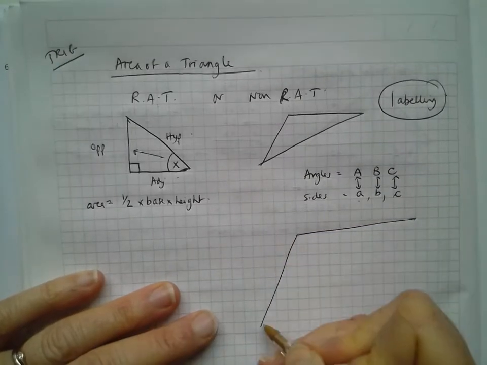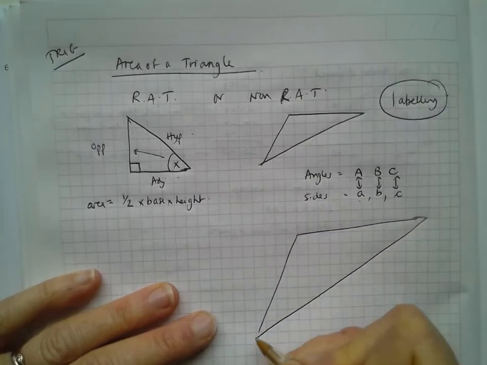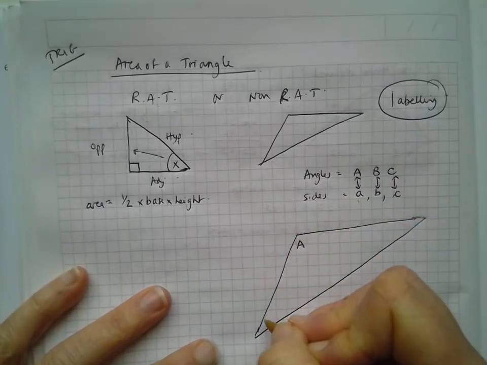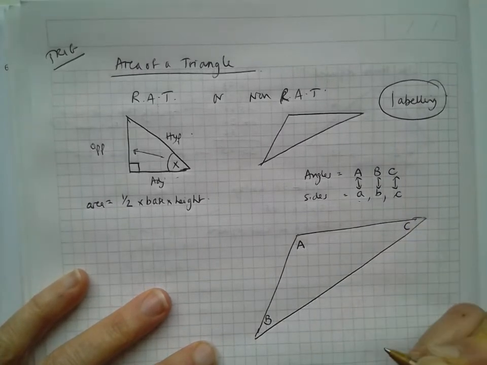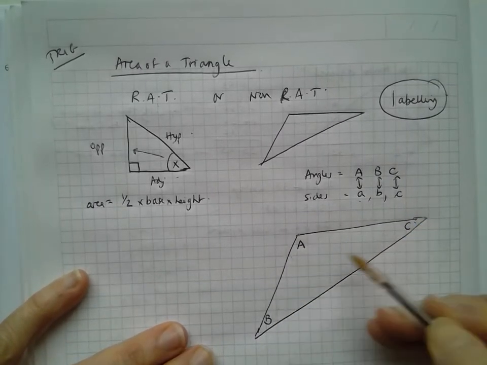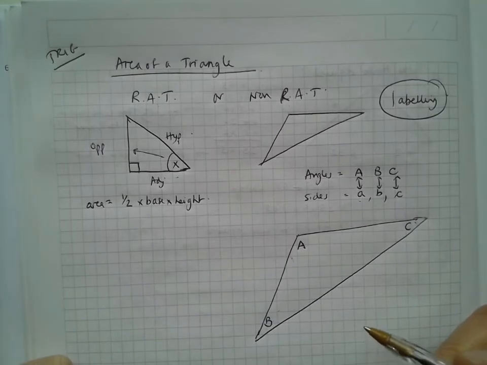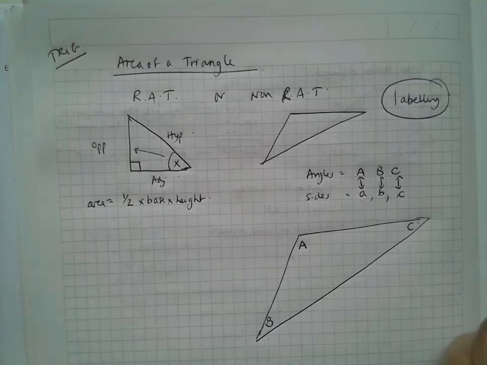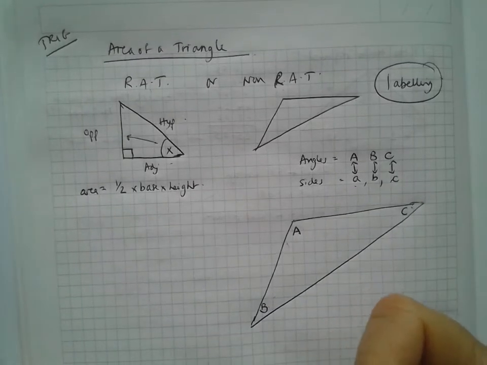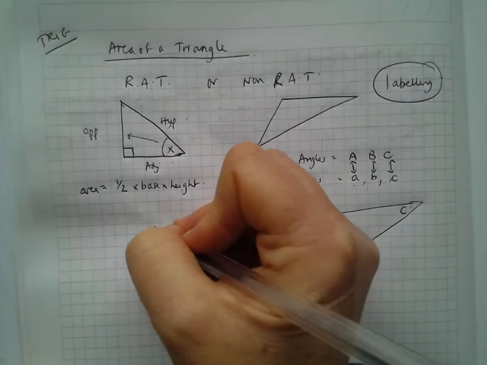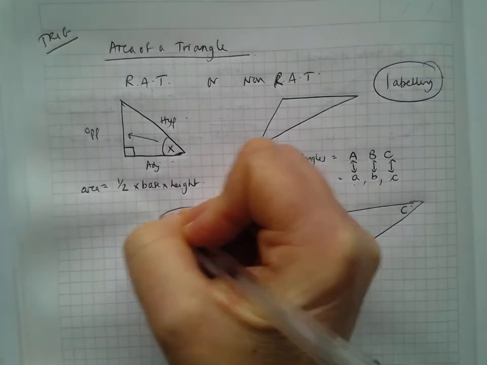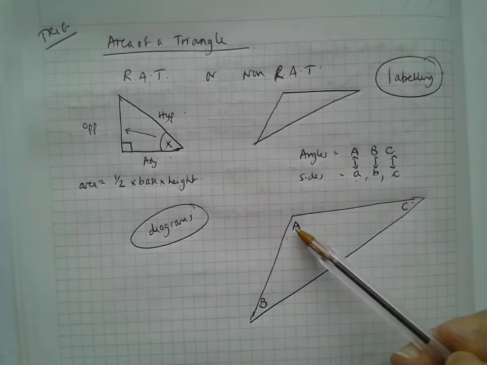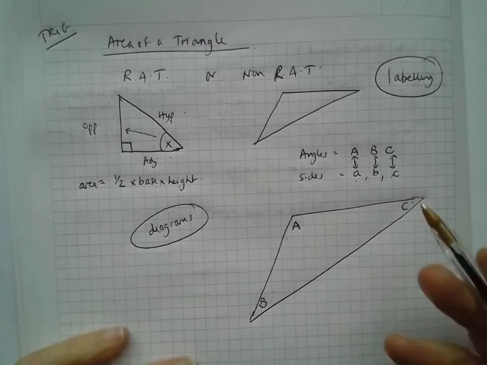So say we had this triangle, we might have that this is angle A, this is angle B, and this is angle C. So all our angles, as you can see, are capital letters. And they'll make that clear in the diagram. If they don't have it clear in a diagram, you can draw a diagram and fill in the information yourself. So again, diagrams are always useful and always helpful. Now, if I say that this is angle A, the side that goes with angle A is side a,